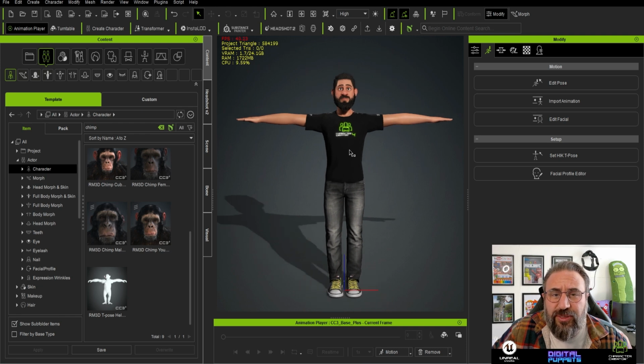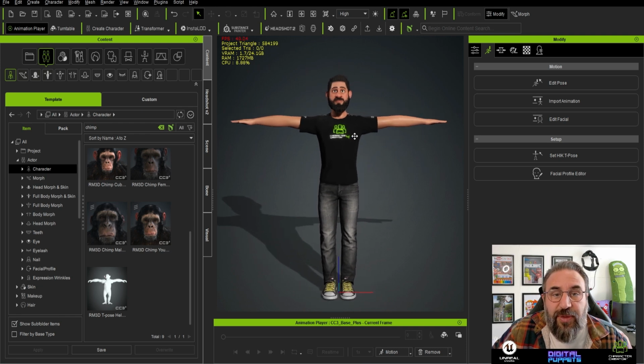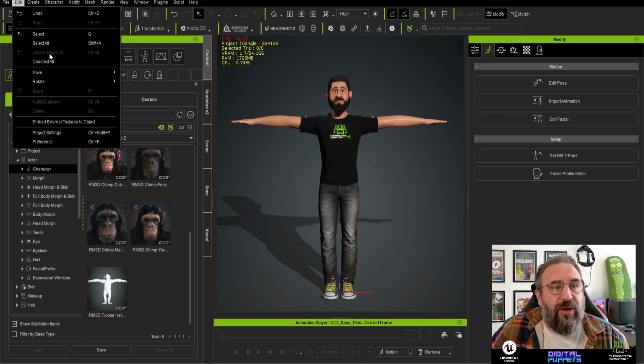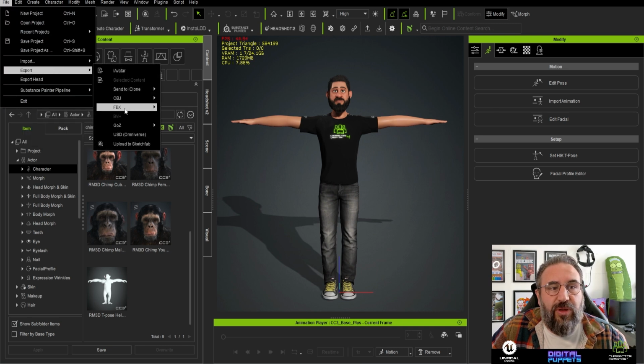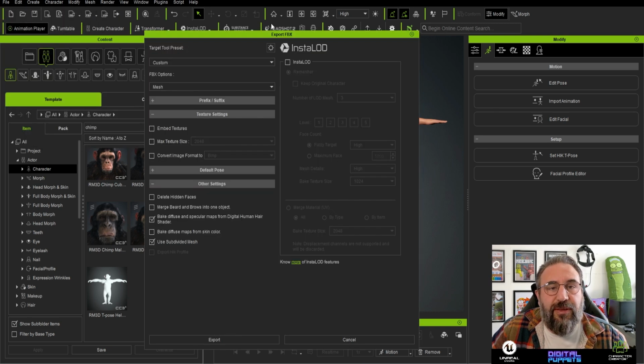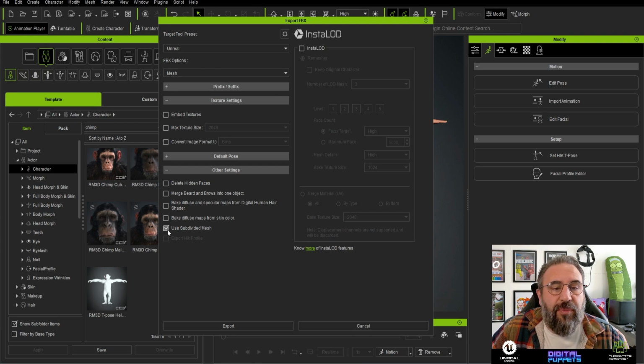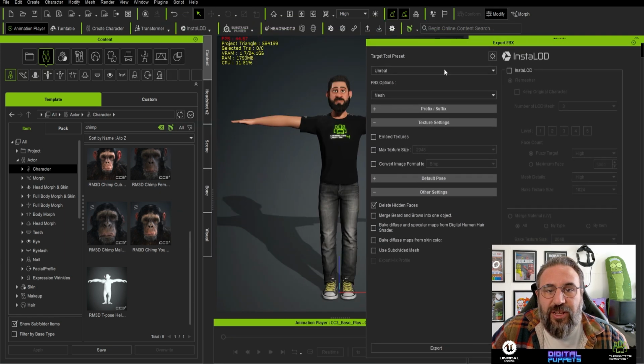The first thing I'm going to do is export this as an FBX file so we can bring it into the Unreal Engine. So I'm going to go File, Export, FBX, Clothed Character. The settings we want in here are the Unreal presets. We only need the mesh. I'm going to turn off subdivision for now,